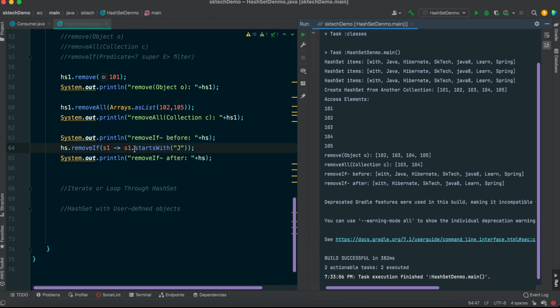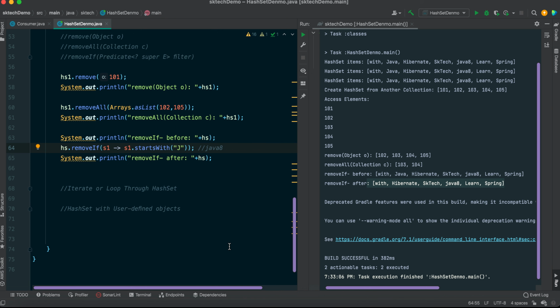So if you see here, using this expression, it is going to check all the elements starting with J and remove all those elements. Before that there were some elements starting with Java, I mean J, and this one is also J, right? And it was found like one capital J, because this is a small j, so it is case sensitive, and all those elements which match with this case have been removed. So this is the use of the removeIf method. This was available as part of the Java 8 concept. We will be discussing more about Java 8 in the Java 8 session.